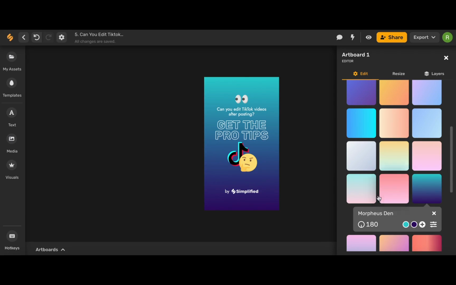You'll see this menu open up here. This is your editing tool within the gradient. You can click this icon here and change the angle of your gradient. Once you're done, simply click this icon again, and now you can see that these two icons here represent the